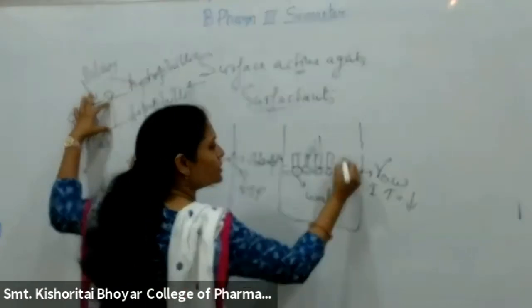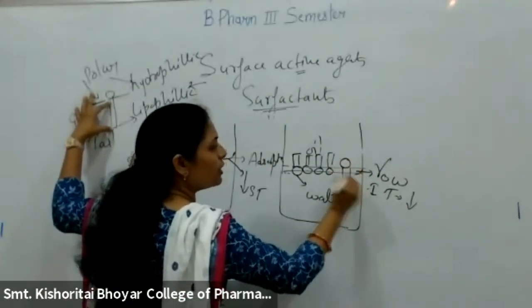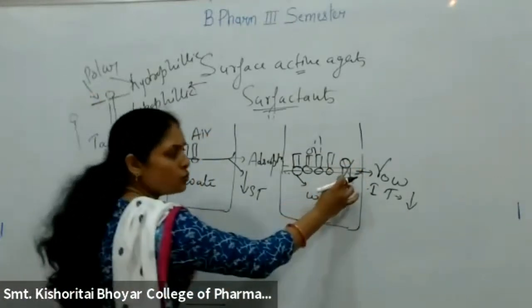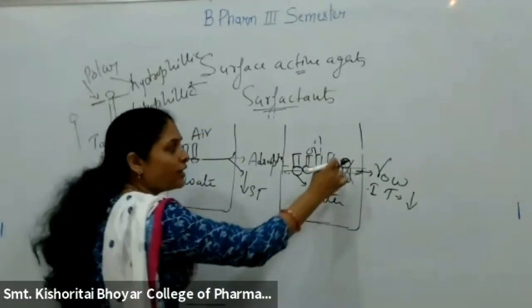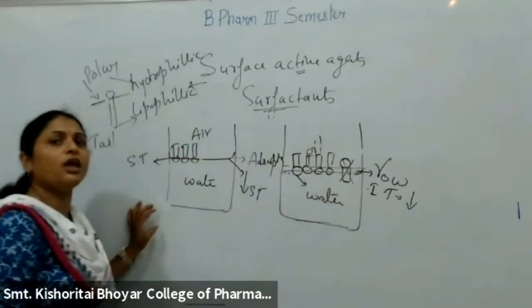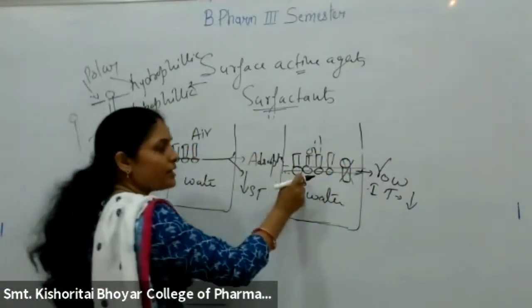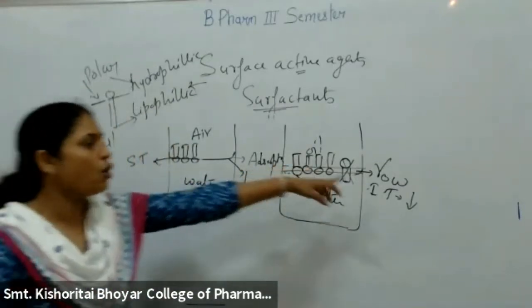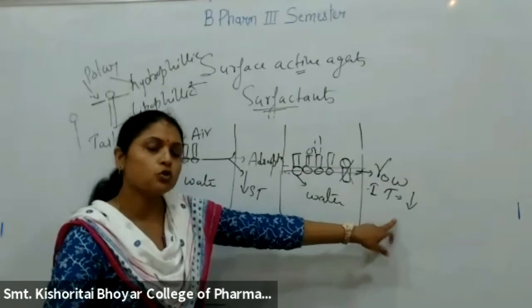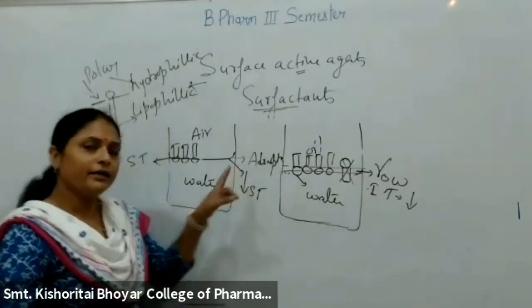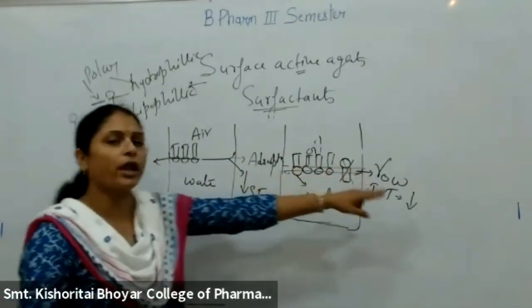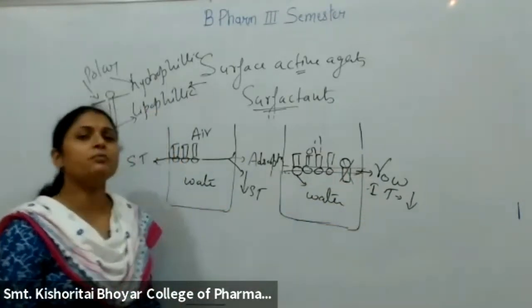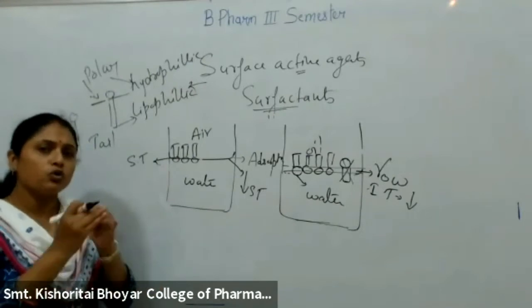It will not be like this कि इधर हेड पोर्शन चला गया और इधर टेल पोर्शन आ गया. It will not be like this, because this portion is not having affinity for the water and this portion is not having affinity with the oil, and because of this it gets adsorbed onto the surface or interface, thereby reduces the surface tension or interfacial tension. So this is the property of surfactant, that it is able to reduce the surface tension or able to reduce the interfacial tension.